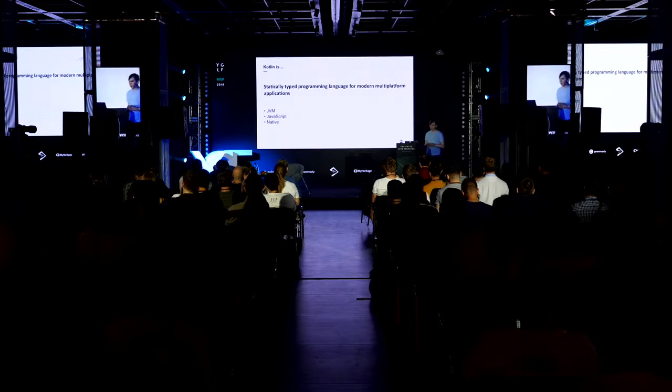So what is Kotlin? Kotlin is a statically typed programming language for modern multi-platform applications. What does it mean? It means that Kotlin code can be compiled and run on the JVM, in the browser as JavaScript, as well as native. And the code you write can be shared between those platforms. So you write it once, and then it executes in all those